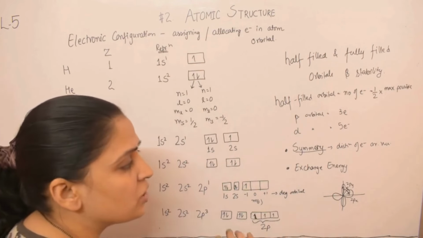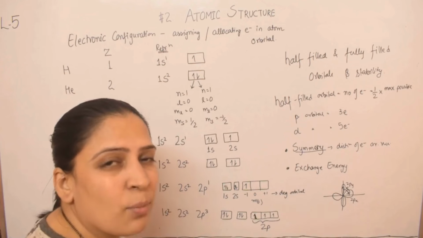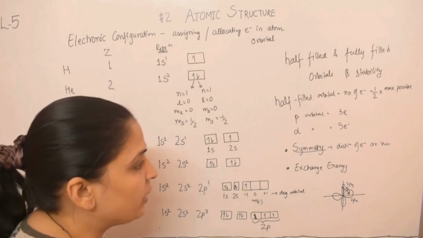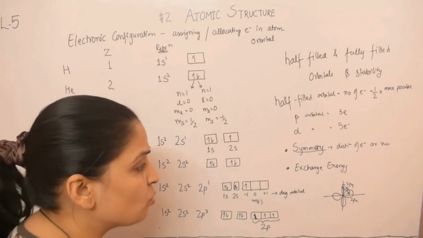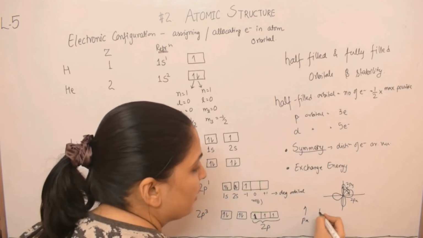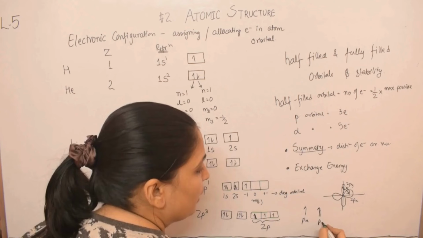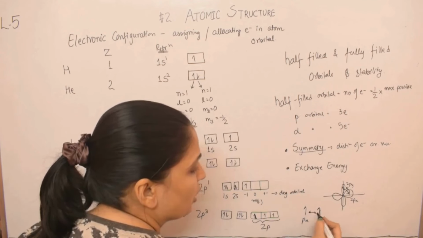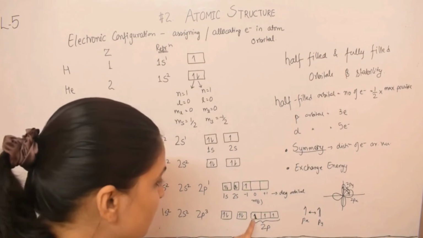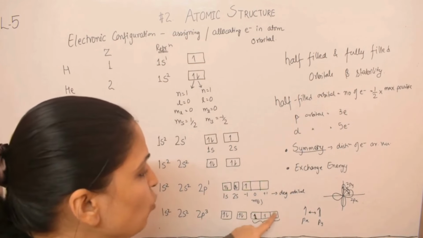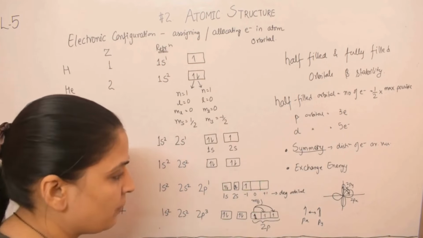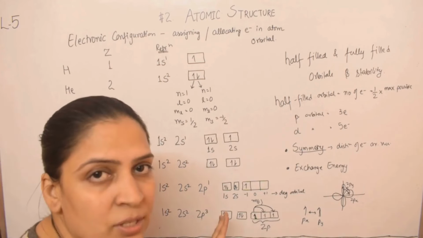This exchange gives them an extra stability in the form of release of heat, or lowering the energy of the atomic orbital, and that energy released is called an exchange energy. So this is basically same spins in different orbitals. Same spins in different orbitals are exchanging their positions, or interchanging, or swapping. So this particular electron can swap with two more. It can go to y and it can go to z. So it has two exchange energies with it.